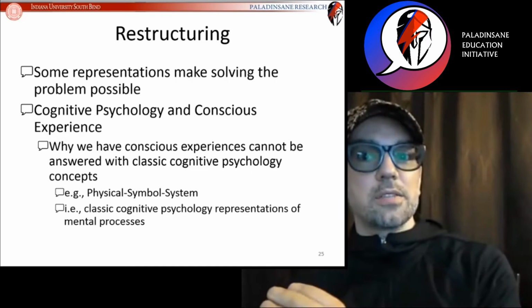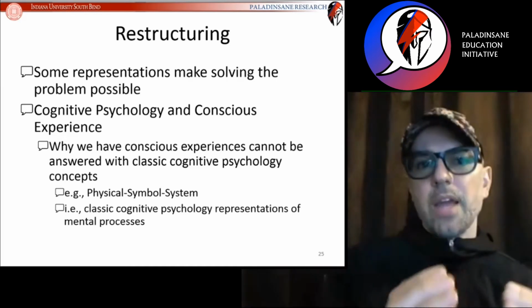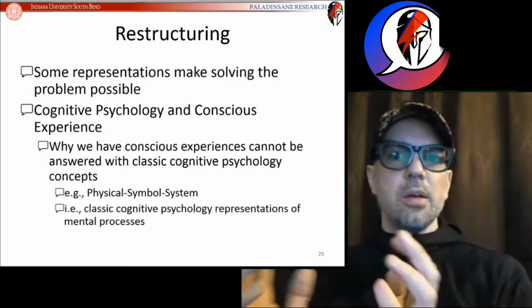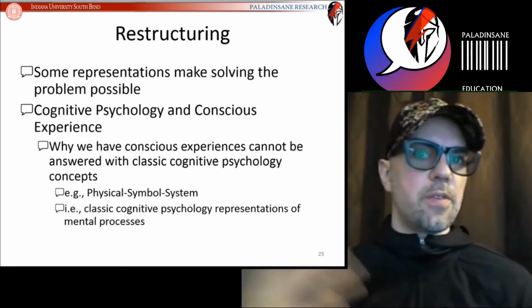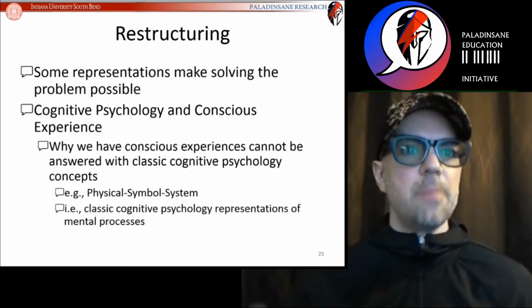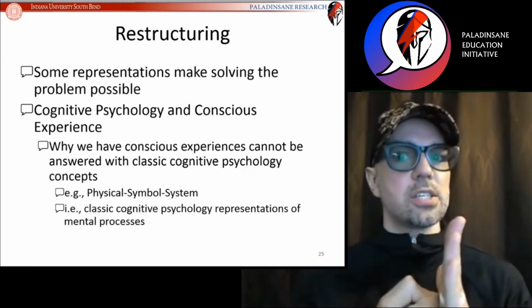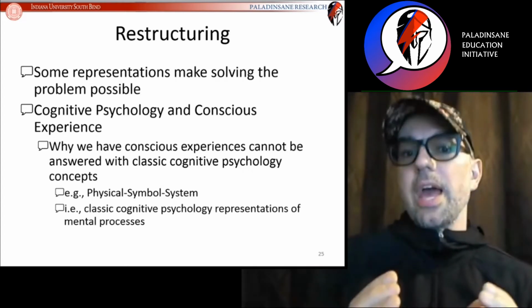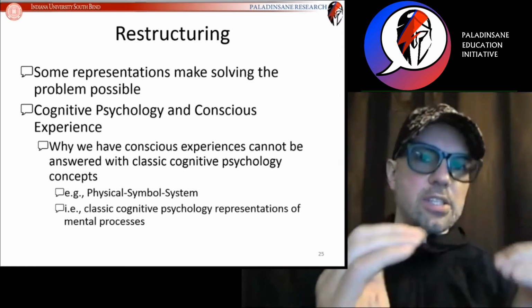And along came cognitive psychology and said, hey, we're going to restructure our ideas of behavior, not as just behavior and environment, but as internal representations that get manipulated. And we're going to use this physical symbol system hypothesis. And now cognitive psychology is running into a problem with consciousness. And it might take the next generation of psychologists in order to say, you know what, let's start thinking about